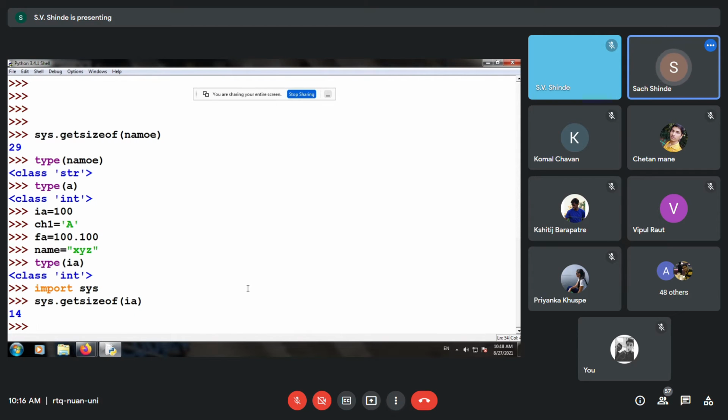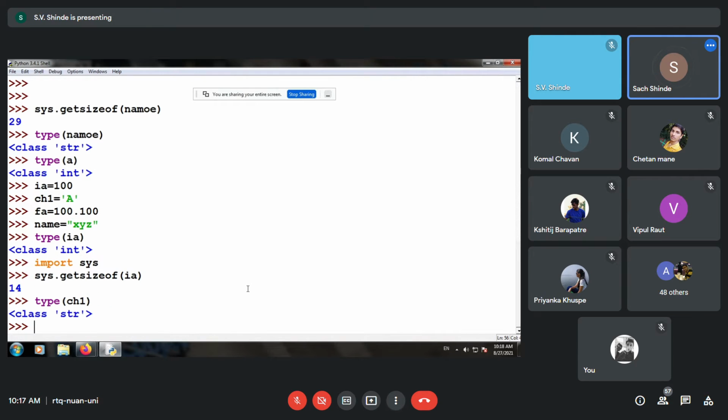Let us find the size of the floating point variable. First type ch1. What is ch1? It's of type string, and let's find the size of it. sys.getsizeof, and in brackets you can give the name ch1, that is the character.